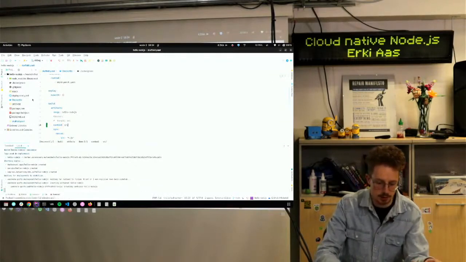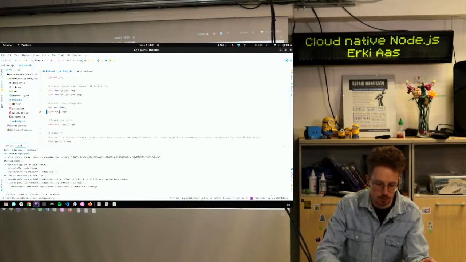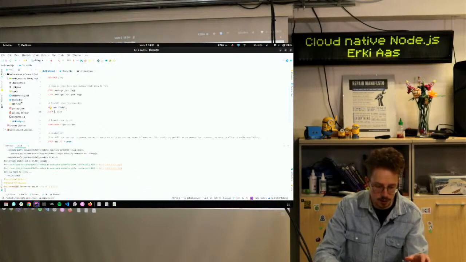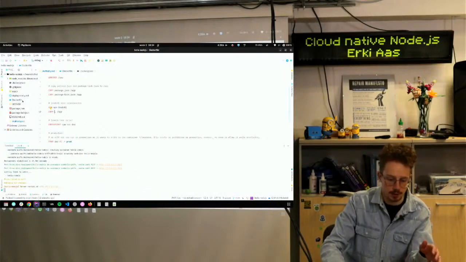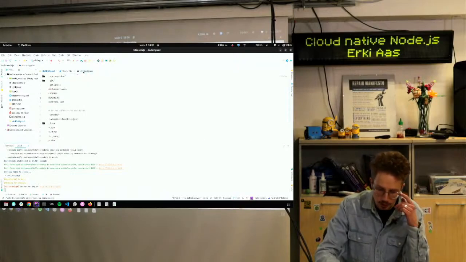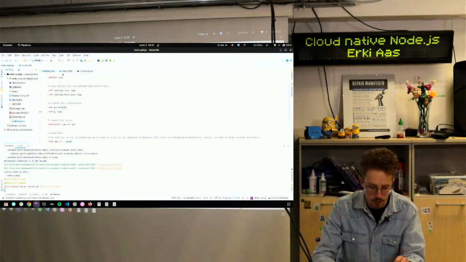In that case, you would still just use dot here, but the Dockerfile would effectively be in the source directory. So, anyways,